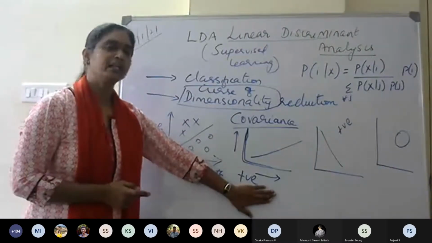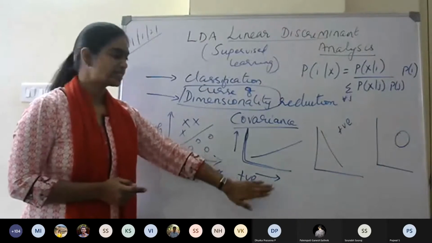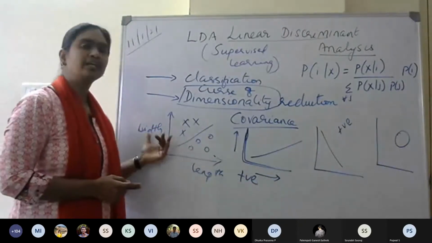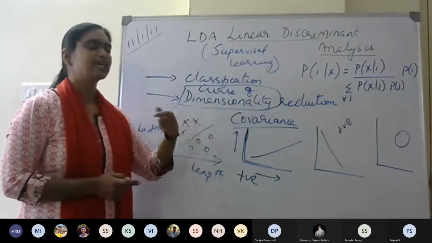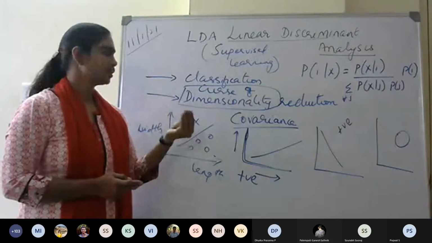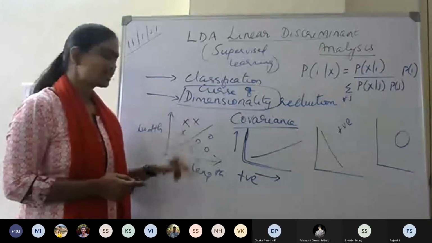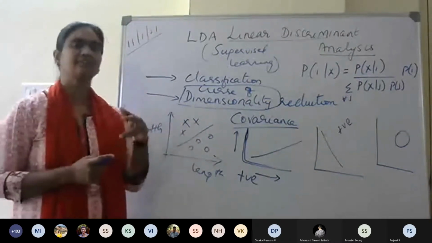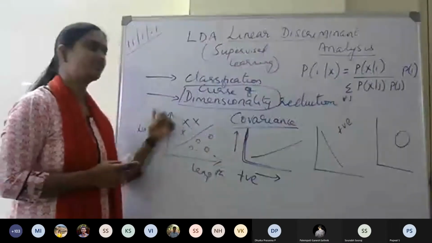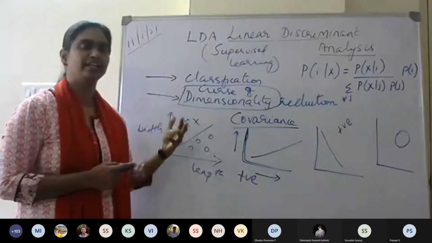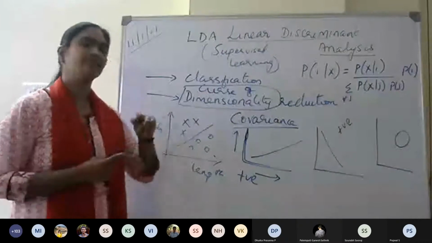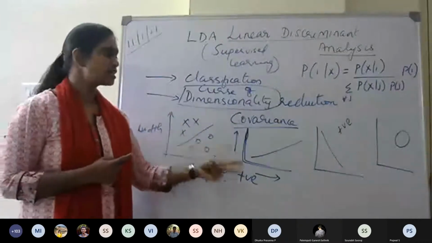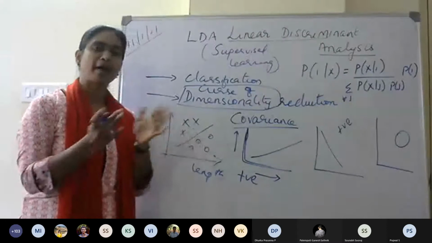The reason I am not commenting on the magnitude is that here I have taken length and width, both of which can be measured using the same units of measurement, like centimeters or inches. Suppose I am considering height and weight. If height increases, will the weight of a person increase? If I am trying to find a relationship between height and weight, then both have two different units of measurement. Okay, so I cannot talk about the magnitude.